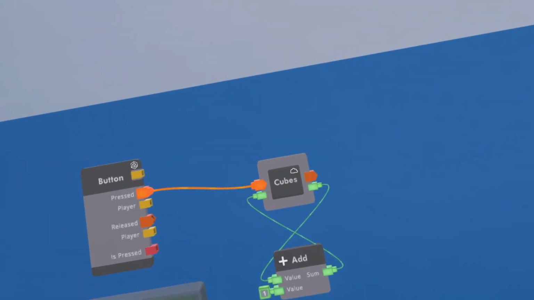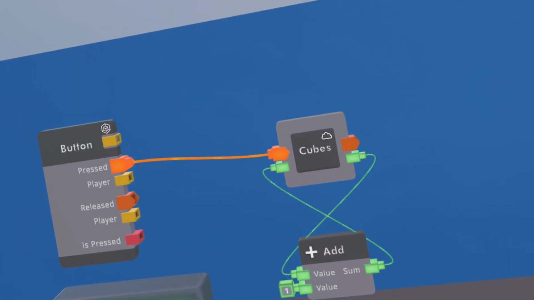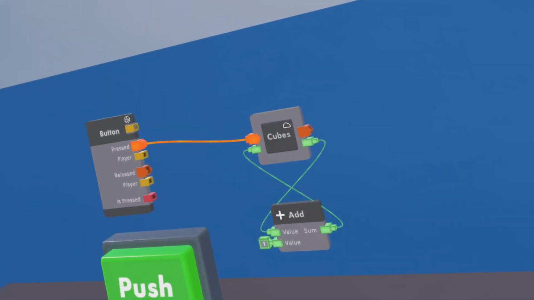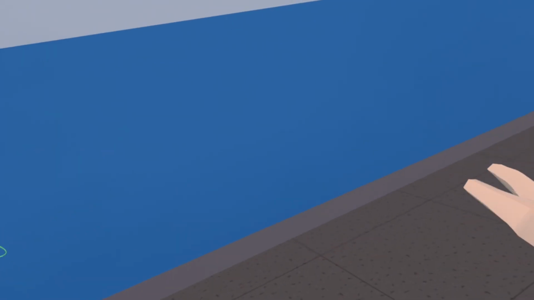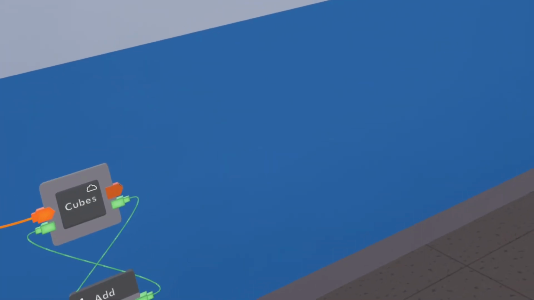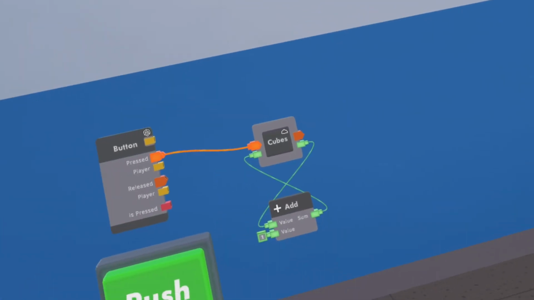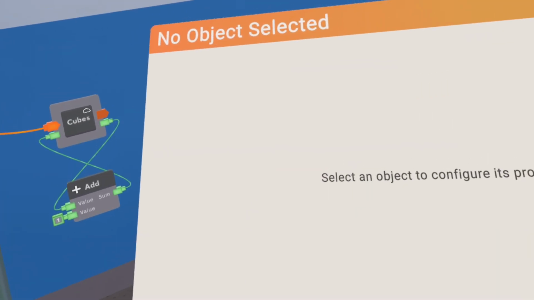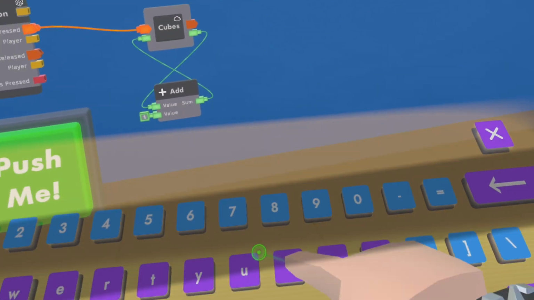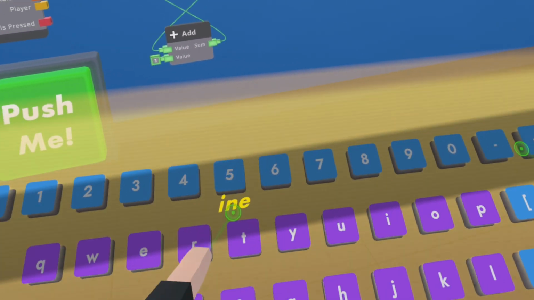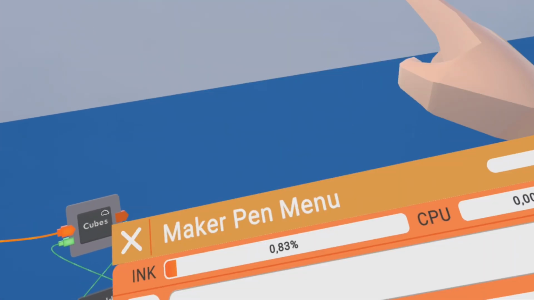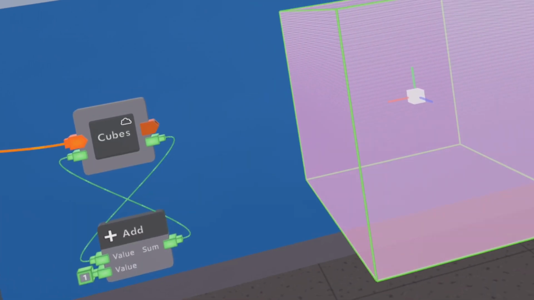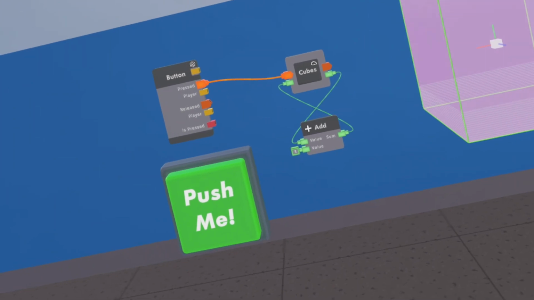So, and now I will create a bank system just for the cubes that should do the following thing. There will be a cube in the air, and if I press it, or for this now, because you see the circuits, I will not put the cube in there, I will just put the trigger, but you will have to put something visible in, because the trigger we can only see now because I have the circuits activated. But I will just do the, no, it's not a trigger, it's an interaction volume. There we go. And this is the interaction volume that will spawn one cube whenever you click it until